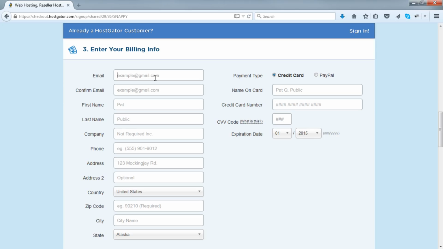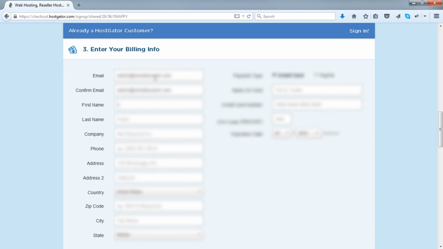I'm just going to blur my screen as I enter all this stuff in. And you've got the option of paying by credit card or PayPal.